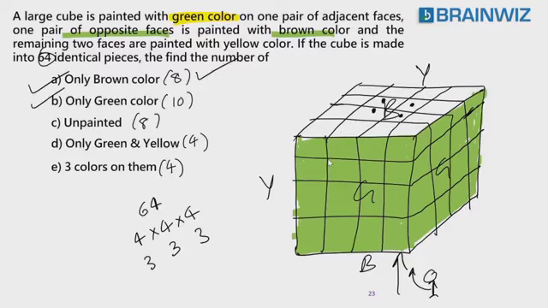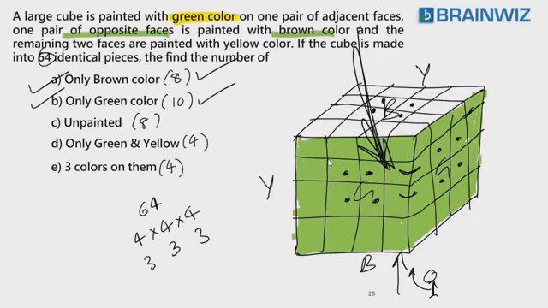Only green color. 1 green, 2 green, 3 green, 4 green, 5 green, 6 green. Only green. Why am I not taking this one? Because of the touch of yellow, touch of brown. Corners are all no. Are you understanding, everybody? In addition to these, I can take this thing also, green, green, green, green. This is one side or two sided? I am not checking. I am checking only green. Wherever green, please try to take them away. So answer is 10.